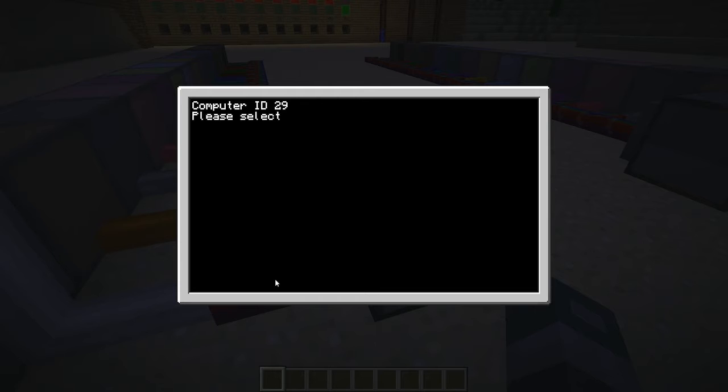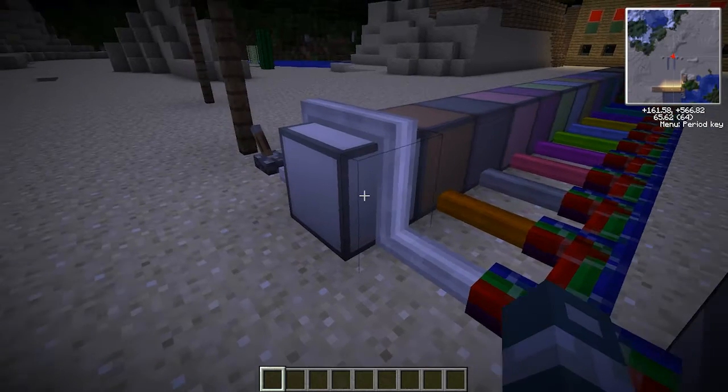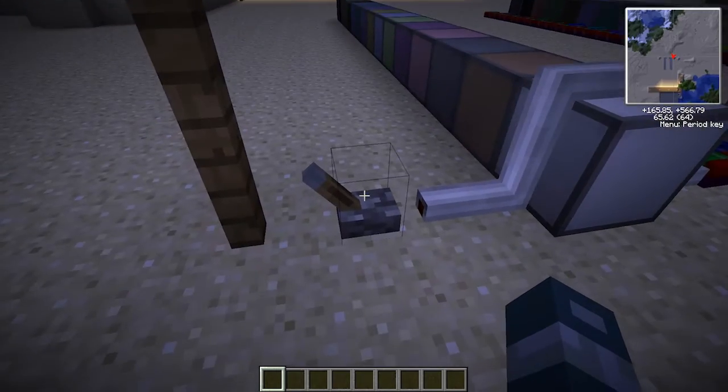So that's what I'm going to do, and I'm pressing Control R for that, and basically now it's running the startup program I had, and it's printing the computer's ID, and it's asking me please select. So now if we turn this on,